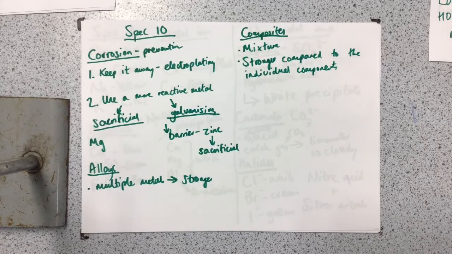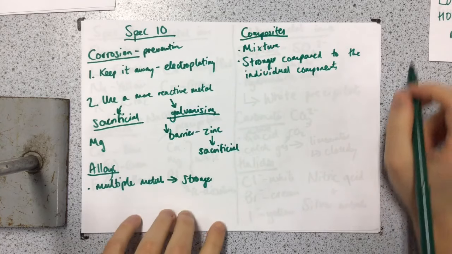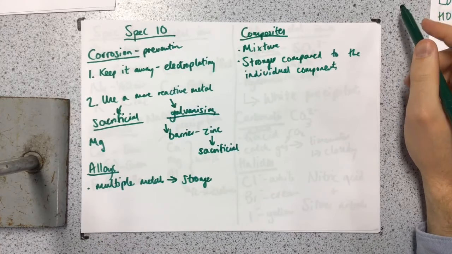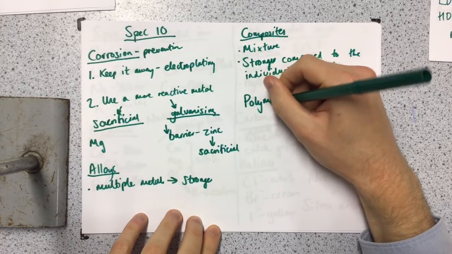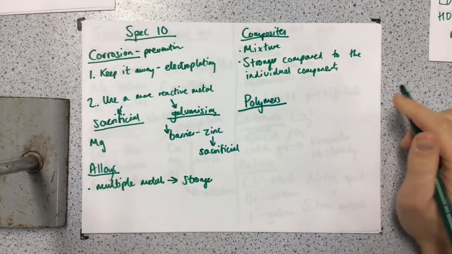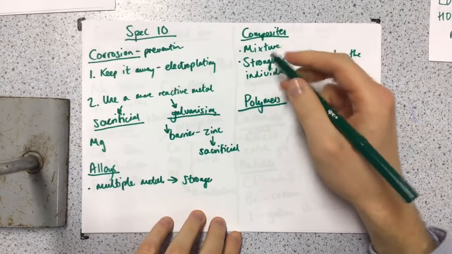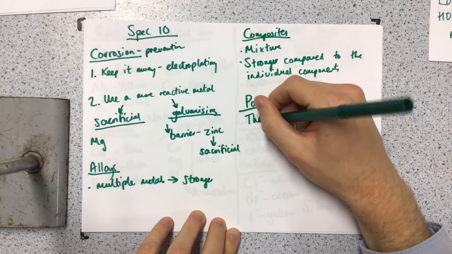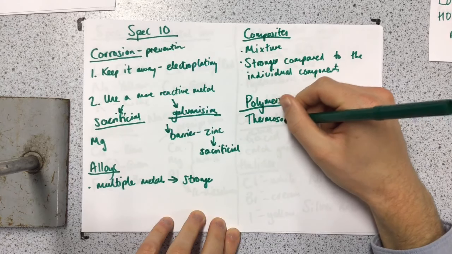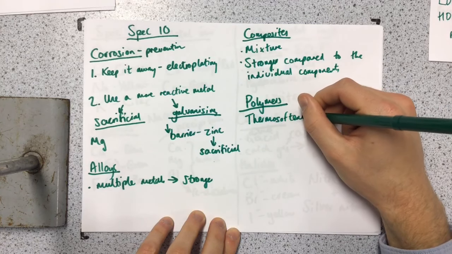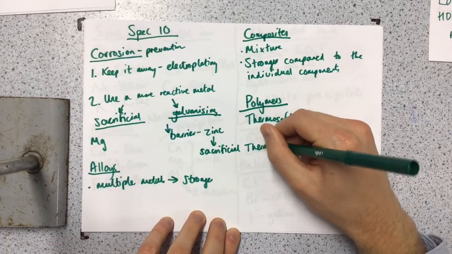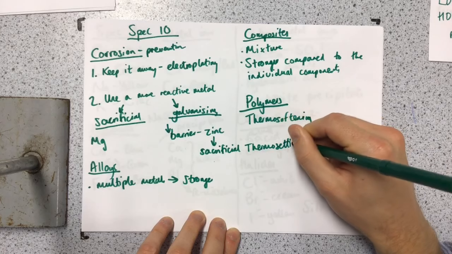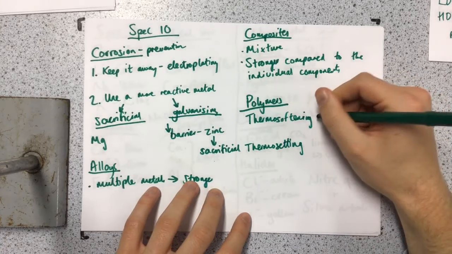Then you've got different types of chains in terms of polymers again. So polymers comes back up again. I know we talked about polymers earlier, but I'm going to put polymers on again. So within these, you've got 2 different types of polymers. So you've got thermosoftening and thermosetting. So thermosoftening,